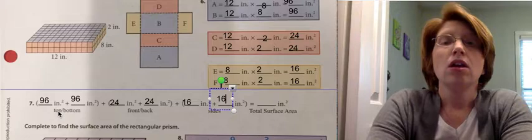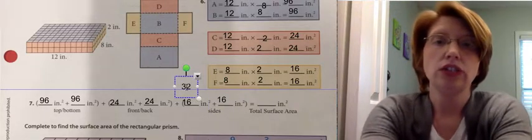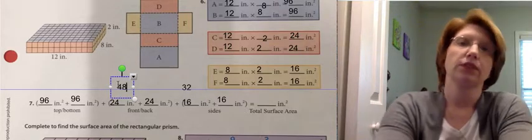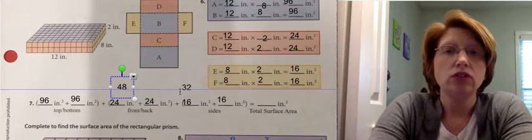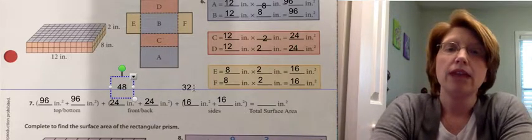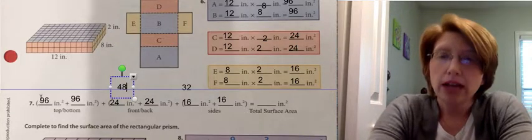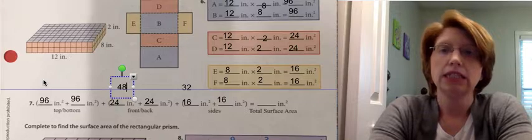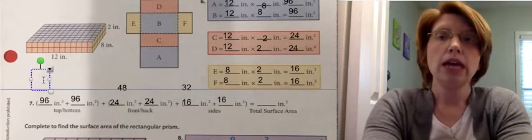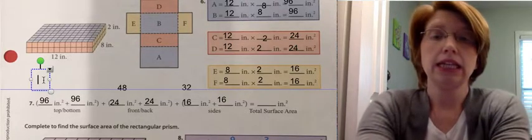Okay, so 16 plus 16 is 32. 24 and 24 is 48. Okay, so if I add those two together, which I want to do because 8 and 2 make a 10, then that would give me 80. Okay, now let's add 96 and 96. 6 and 6 is 12, so the last number is going to be a 2. 9 and 9 is 18, plus 1 is